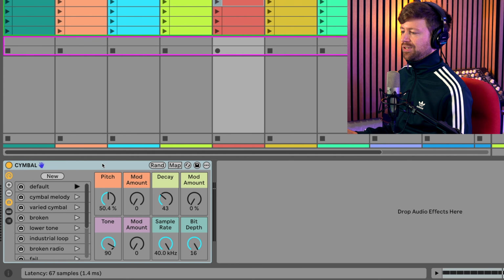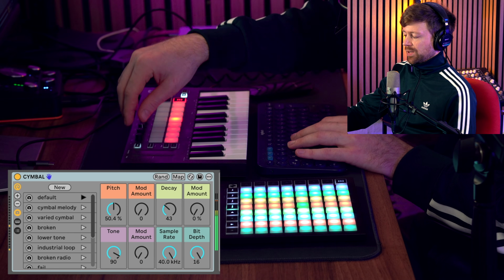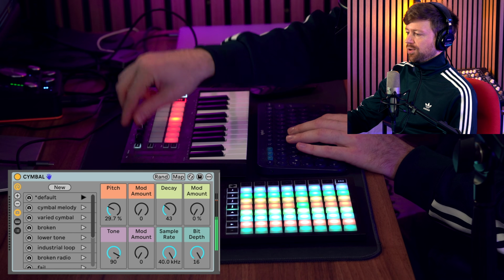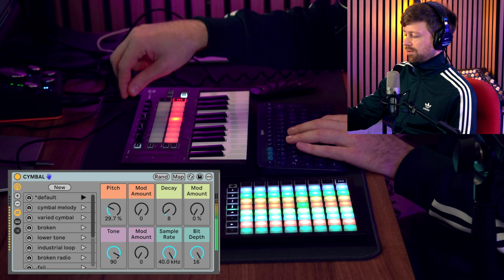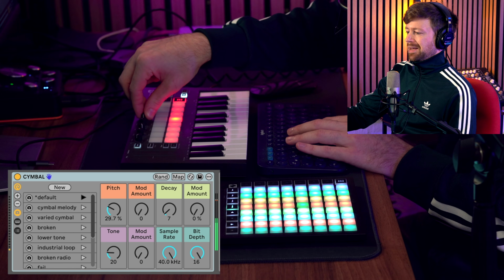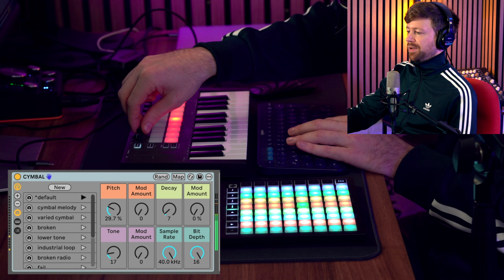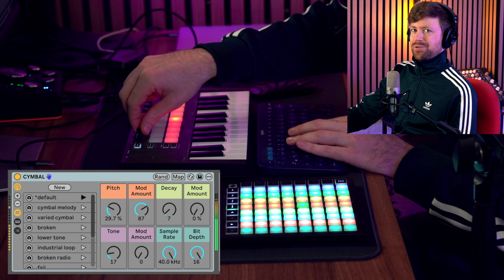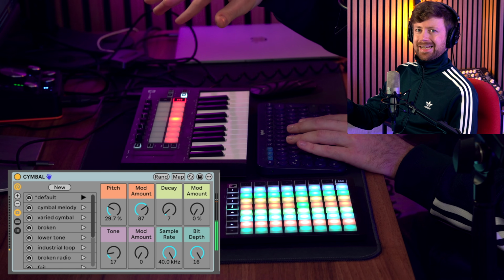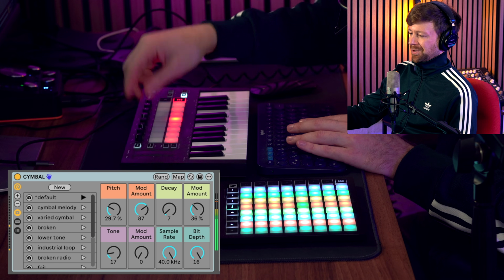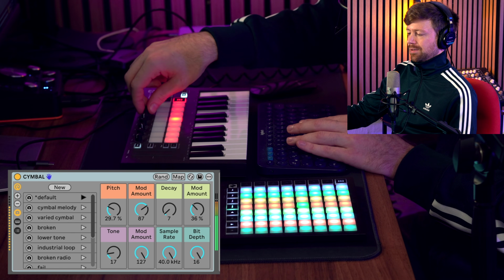So here, for example, you see I have a cymbal device, and if I play a clip, it basically has a static sound. And we can use a controller or also the mouse to change the basic parameters like the pitch or the decay or the tone. But we can also apply some random modulation to those. So if I apply some modulation to the pitch, we get per trigger some random pitch value, making it actually super interesting. Also for the decay, the same. Or we could also apply this to the tone,